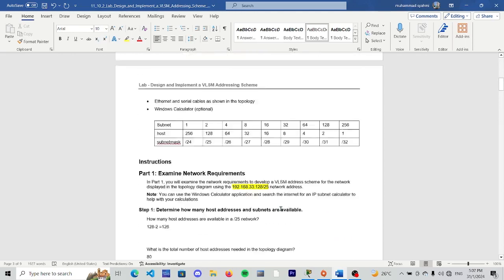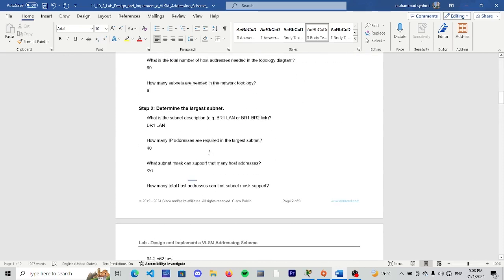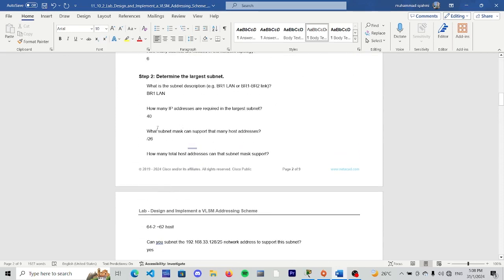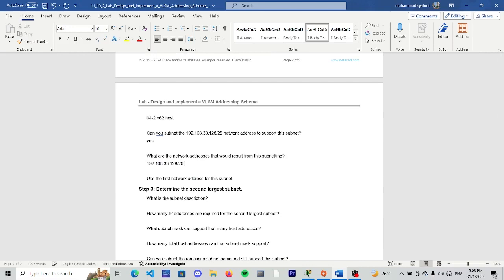Yes, /26 because we are using the subnets here. And also 192.168.33.192/26. Yes, we take the 192 because of